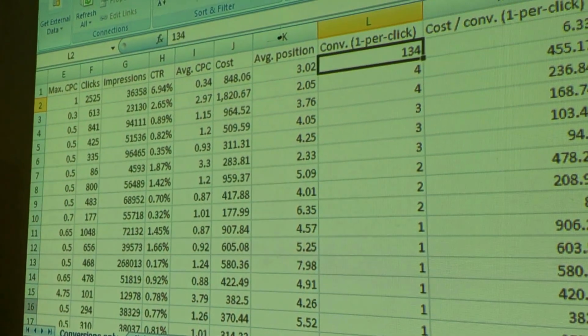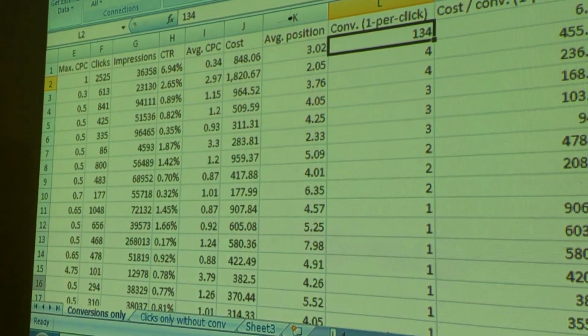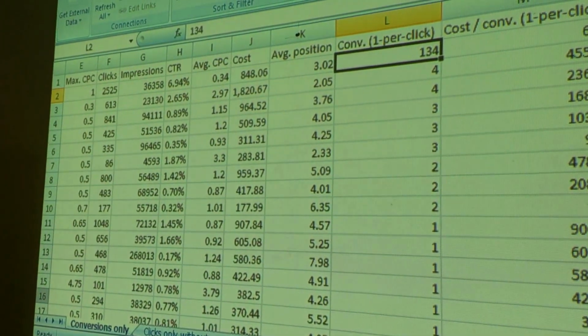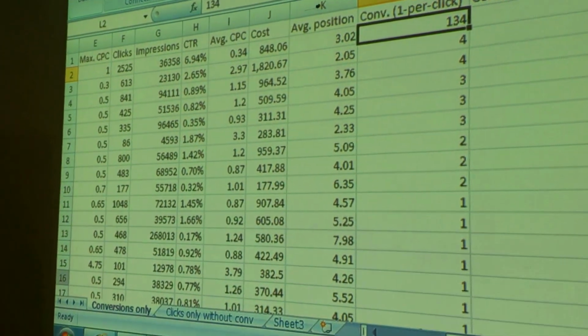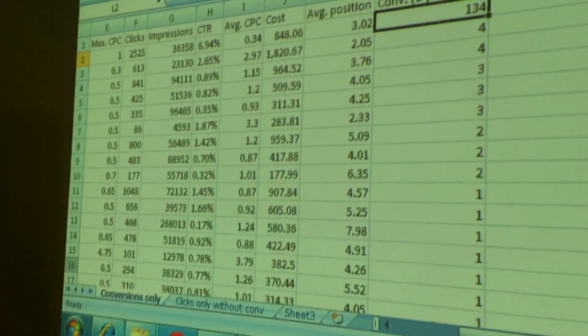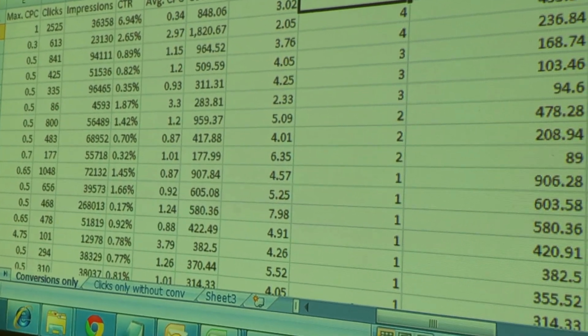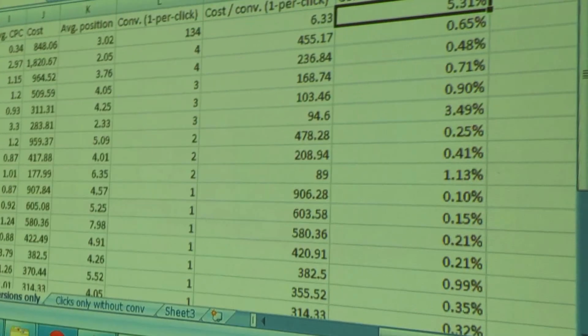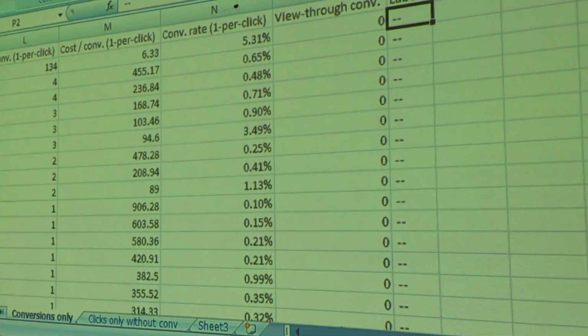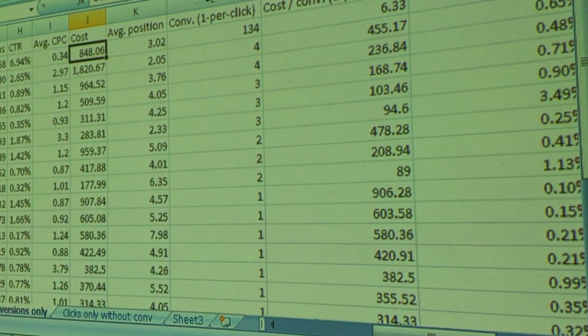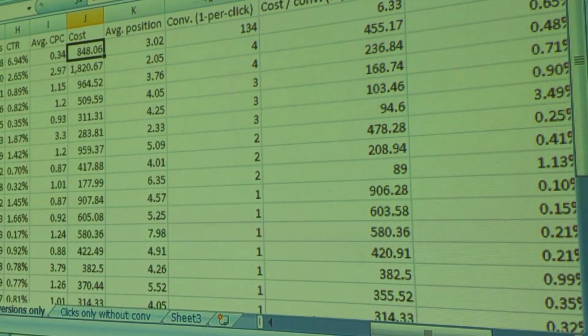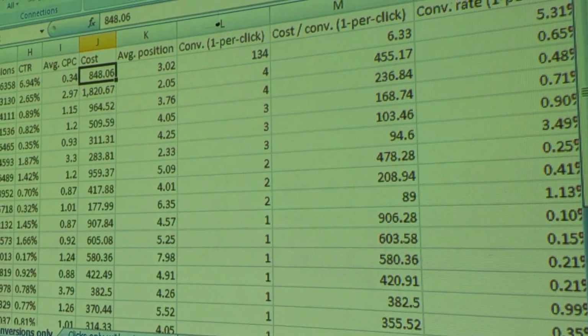Now in the first tab, conversion only, what you got to do over here is, first, any conversion related campaign doesn't only go with the number of conversions. They always for sure should have a target CPA to achieve. Because there is a lot of difference between acquiring one conversion at a CPA of 1000 rupees, and one conversion at a CPA of 10 rupees.